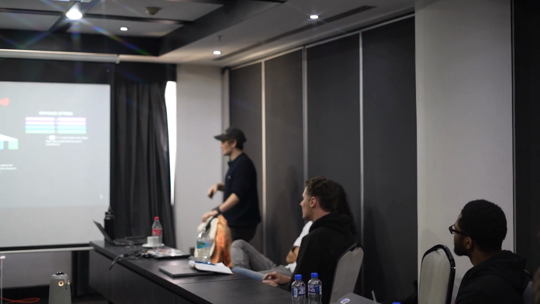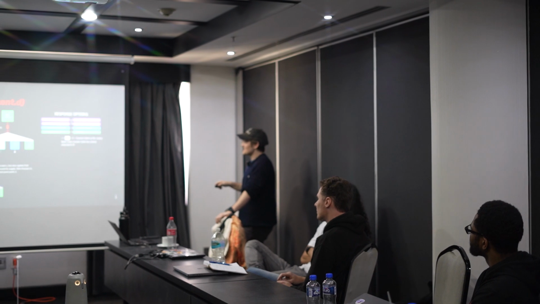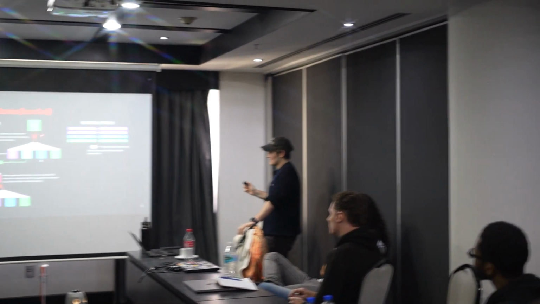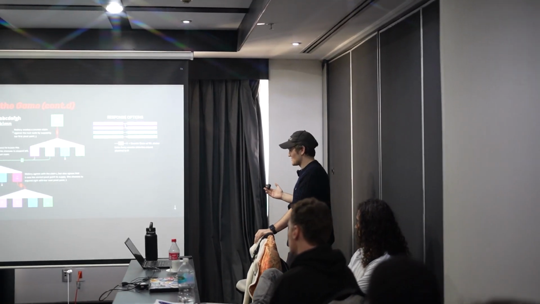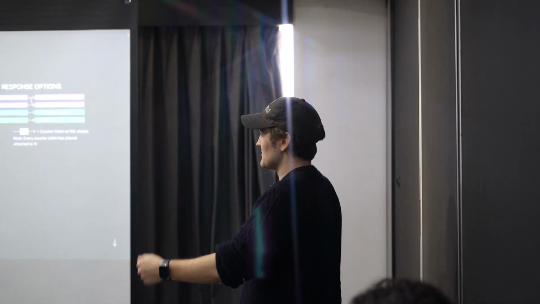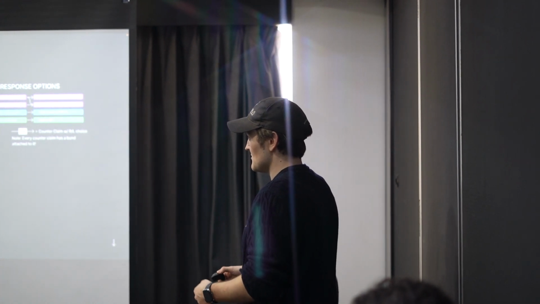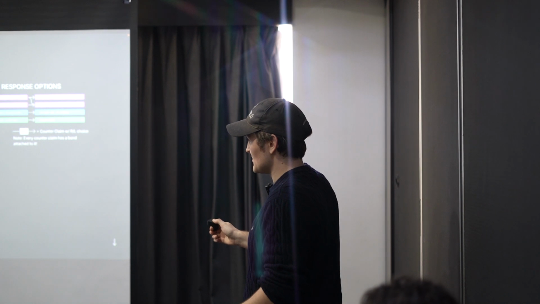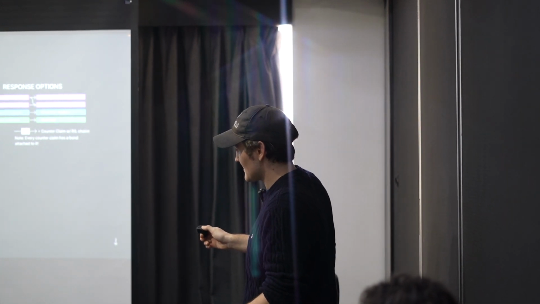Oh, there. Yeah. Perfect. So the next thing is that Mallory is going to come back in and say that I agree with claim J because I made it, of course. It could be somebody else. It could be somebody that had a similar or the exact same malicious execution trace. But Mallory also has B in her trace, right? So from Mallory's point of view, B was the correct pivot point to supply here. So because of that, Mallory basically agrees with B and also agrees with J because we're looking only at the counterclaim and the claim above it.